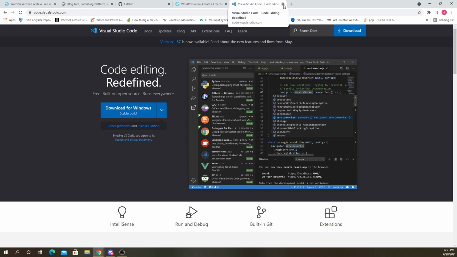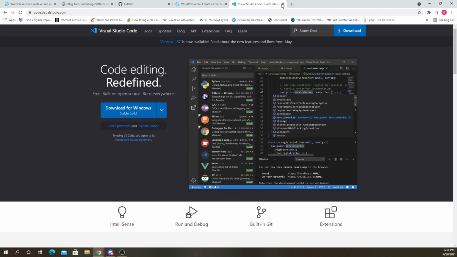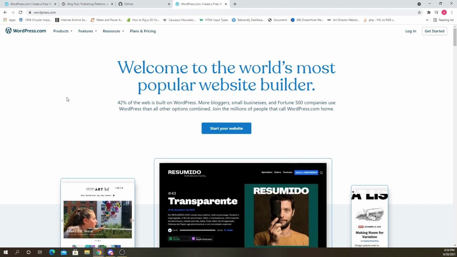So something that's open source means the code for the software, the original code, is out there. It's for anyone to use and contribute to. Okay, it's not owned by a company like Adobe or something like Dreamweaver. So most of the popular tools out there are open source.